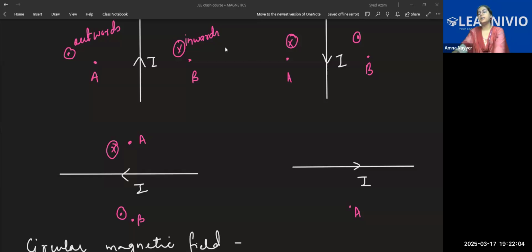Okay, see, right, when you put your hand towards the right side, you cannot put it like this. It won't be curled downwards. For curling it downwards, you have the hand like this, curl it downwards. Thumb is pointing inwards. So your correction is right, Meera. This is inwards and this will be outwards.